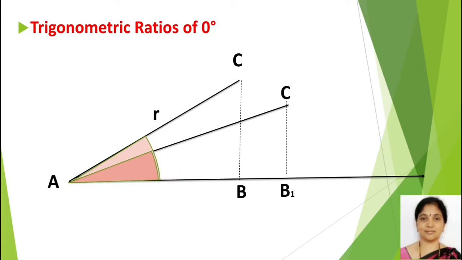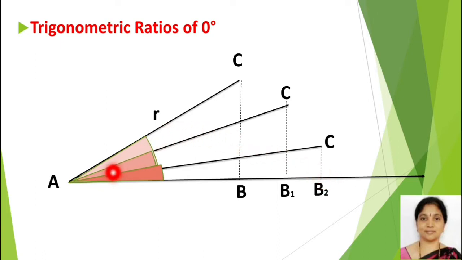Just see, once more I am decreasing the angle like this. If AC is the new position, observe that. From C I am drawing a perpendicular line B2. Here the angle is decreased. Observe the same opposite side. From the first figure to the second figure the opposite side is decreased, and from the second to the third it is decreasing once again. And observe that the adjacent side length is increasing here.